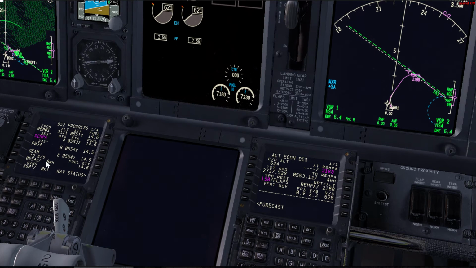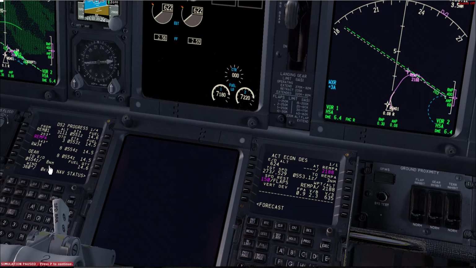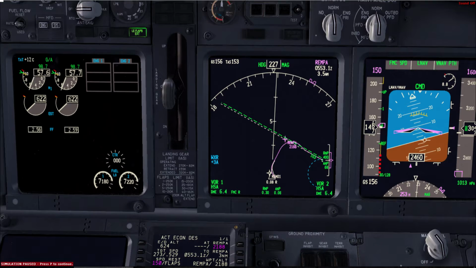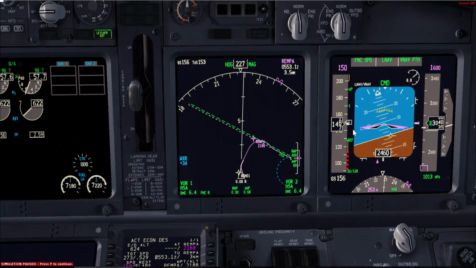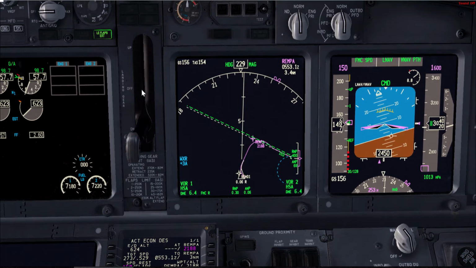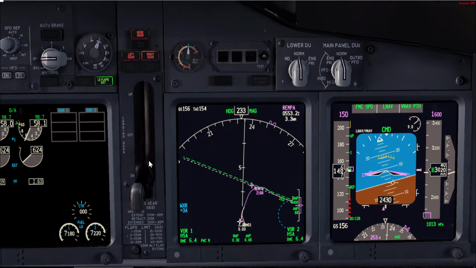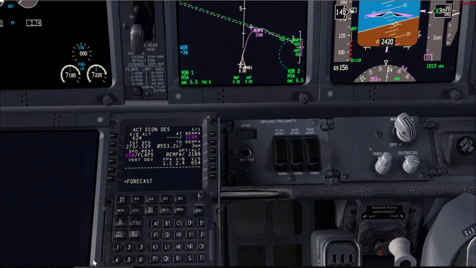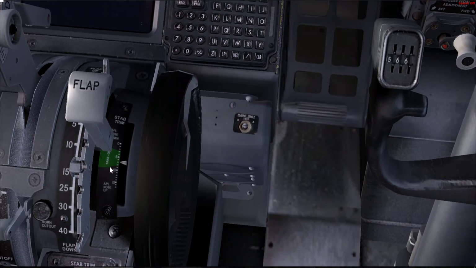Okay, so at 8 miles or so, the pilot flying will request gear down and flaps 15. The pilot monitoring will extend the gear, verify that the current speed is below the limit speed for flaps 15, and then extend the flaps to 15. So I'll go ahead and now gear down, flaps 15. So the pilot monitoring will extend to flaps 15, speed check,